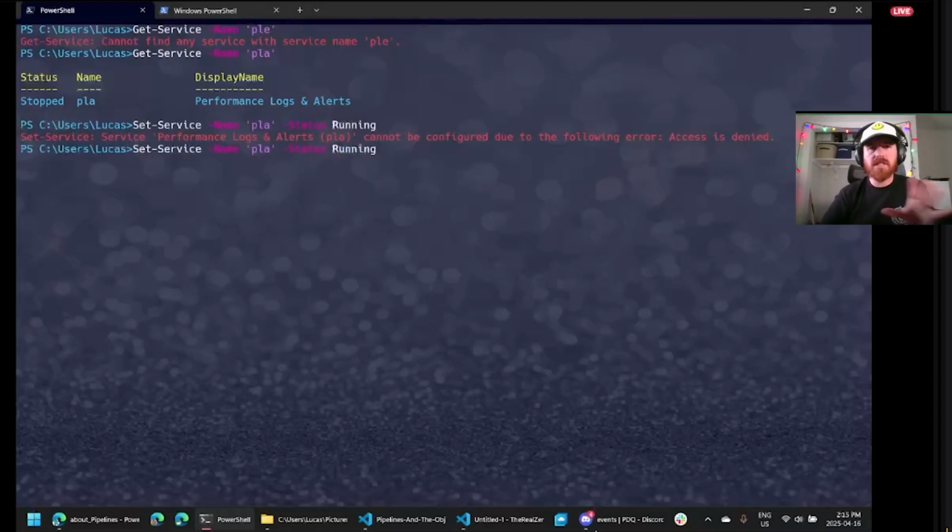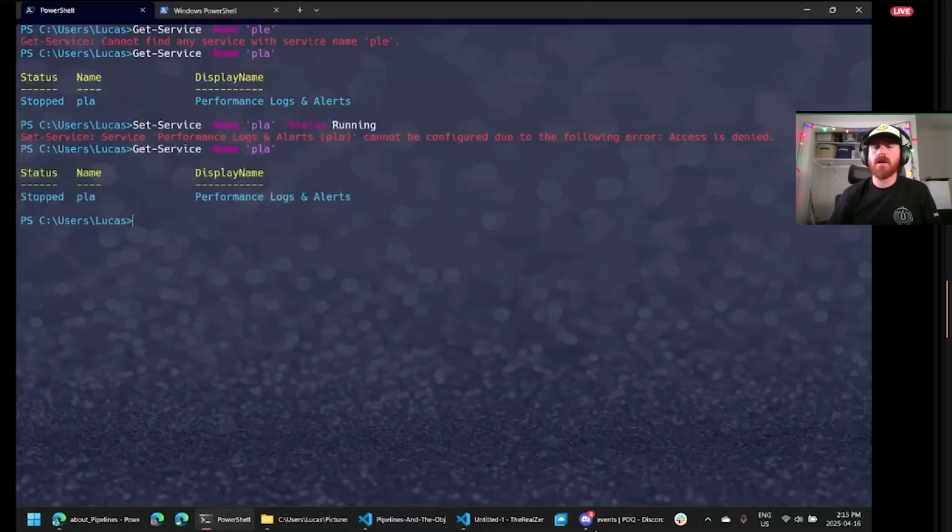But I could do this Set-Service command by taking the output of Get-Service and piping it. So what does that look like? I have Get-Service -Name PLA, and it outputs an object. What is an object? It's a collection of properties, right? I mean, it's a lot deeper than that. There are asterisks all over some of the things I'm saying today, but at its basic level, instead of just having